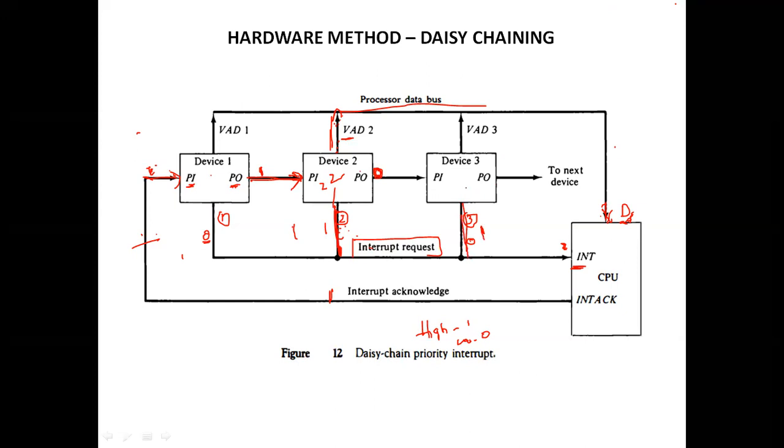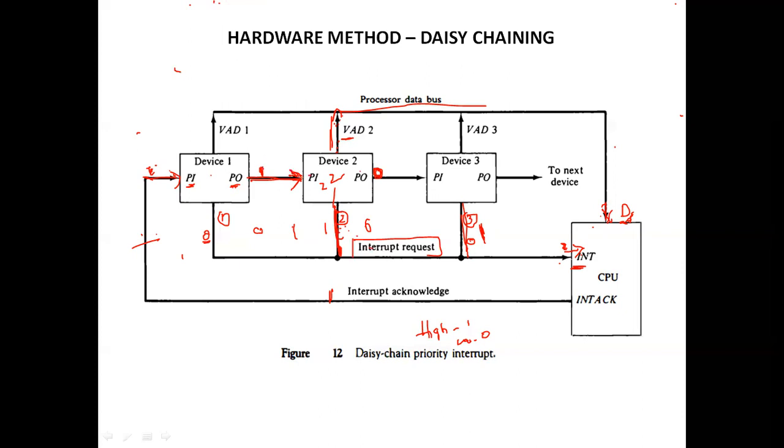If suppose 3 wants to poll an interrupt, its signal is going to be 1 and all the remaining will be 0. So this is going to be sent to the INT signal. This INT signal is received by the CPU. It has to acknowledge to the particular third device. Acknowledgement in the sense I have received your interrupt. So it will send one signal to device 1. Has device 1 requested for interrupt? No, so it will send the output as 1 over here.